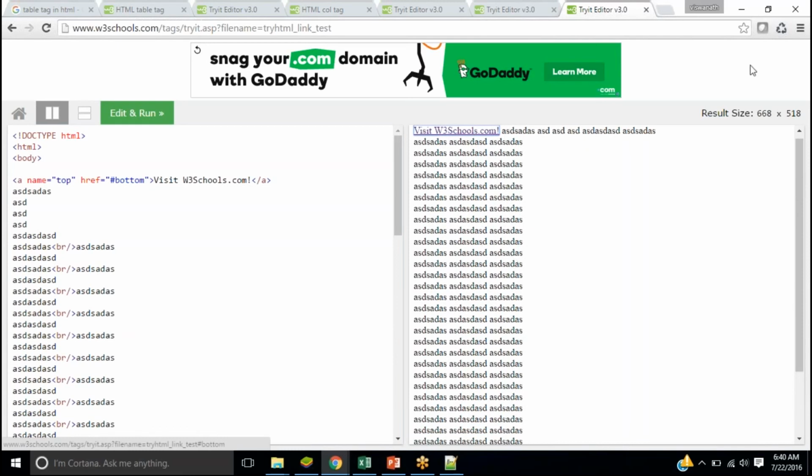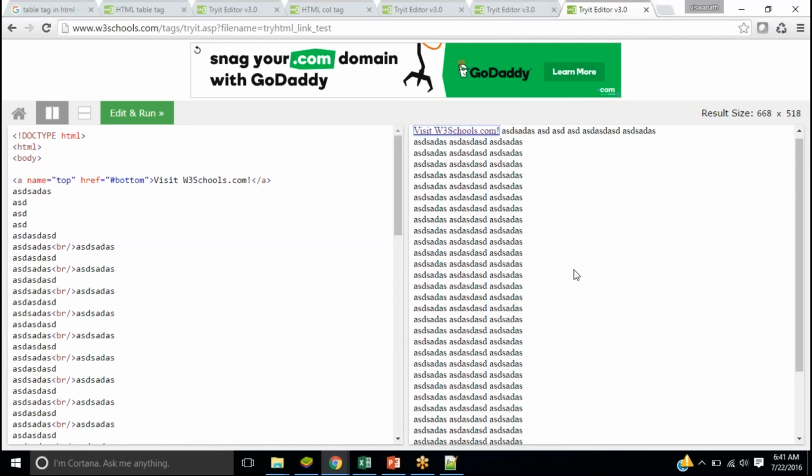Got it? It's a very simple functionality, but it actually helps users when you have a very huge page. It's very common, like Facebook and all. You get many posts, you scroll down so much, and now if you want to scroll back, you have to do page up or scroll manually with the mouse. But if you provide a simple solution using anchor tags, a small link, when you click it, it will automatically navigate your user to top or bottom.